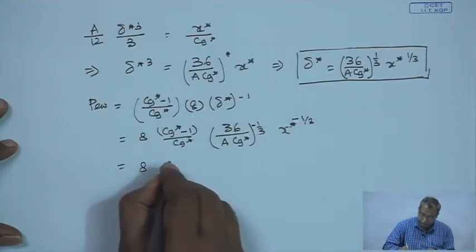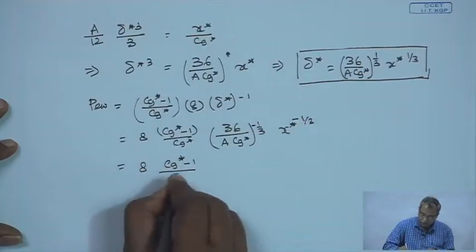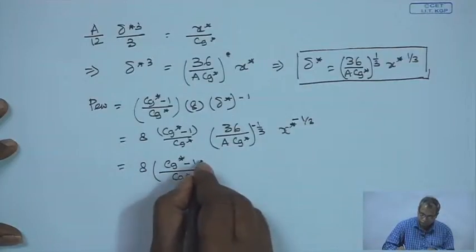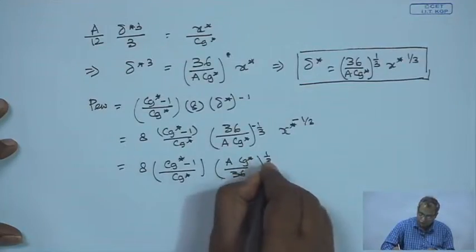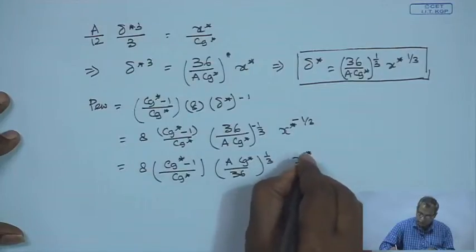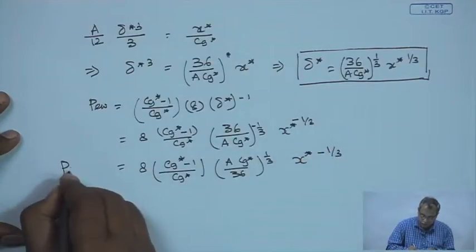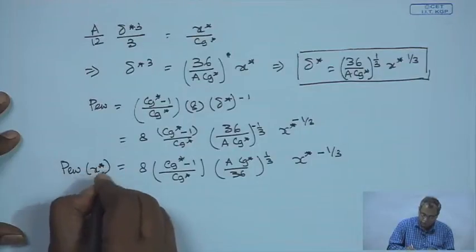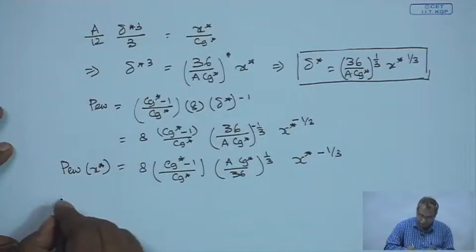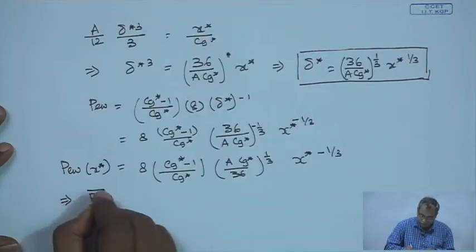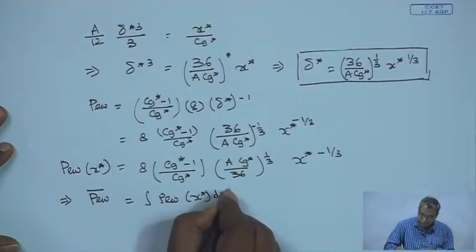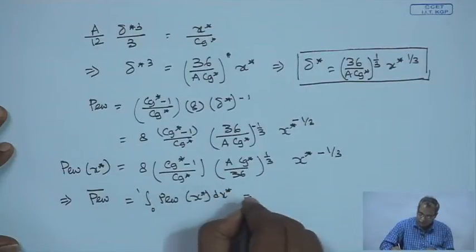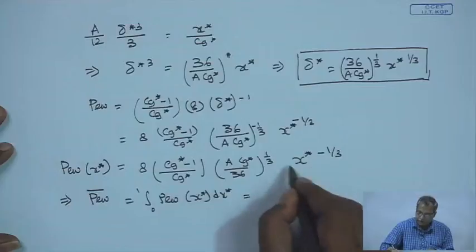So, we will be getting 8 C g star minus 1 divided by C g star, a over C g star divided by 36 to the power 1 upon 3 and x star to the power minus 1 upon 3. This is how permeate flux, non-dimensional permeate flux, is varying as a function of x star. We can integrate it out. The length average permeate flux will be given as P w x star dx star from 0 to 1, and all this will be constant, and integration of this will be giving you a value of